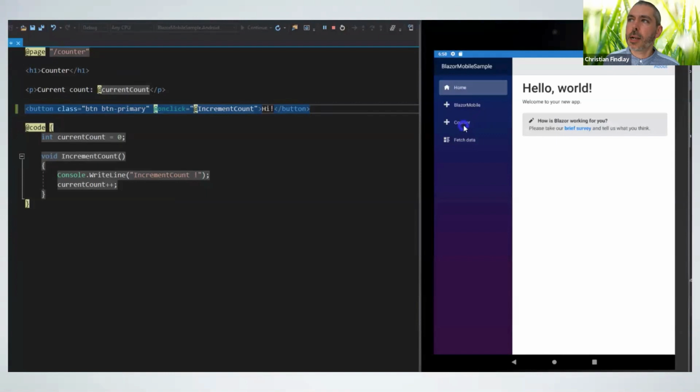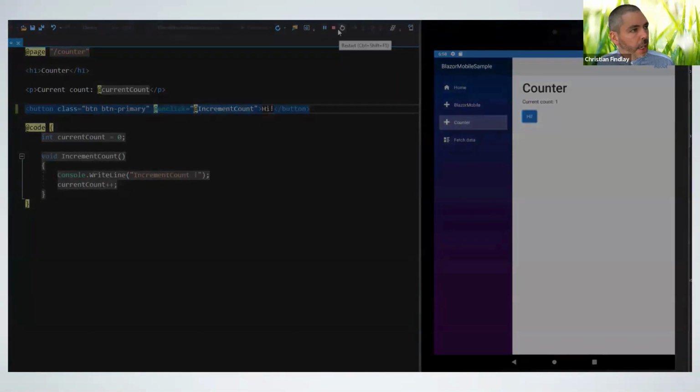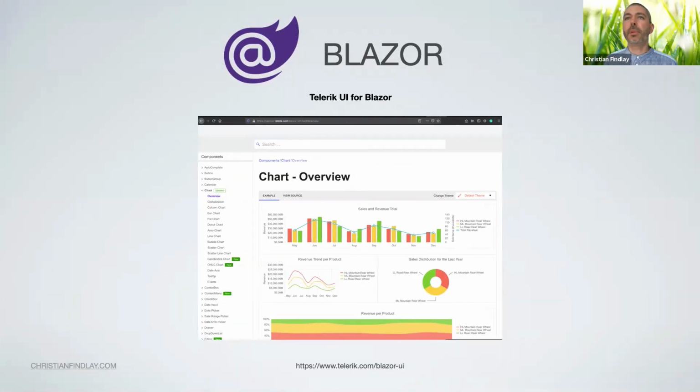Some people wonder about whether Blazor will last. It's tough to say. I can't predict, but what I can say is that it's very popular at the moment, and there's a lot of momentum behind it. I think it's here to stay, but we'll have to see how things pan out. A lot of people are asking about controls and functionality. What I have seen is from Telerik at Progress Software.